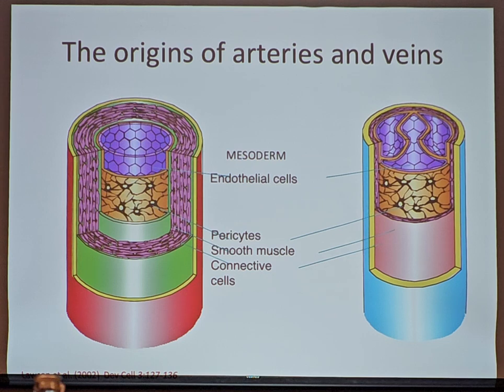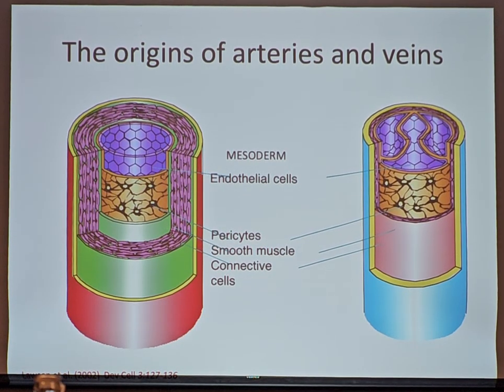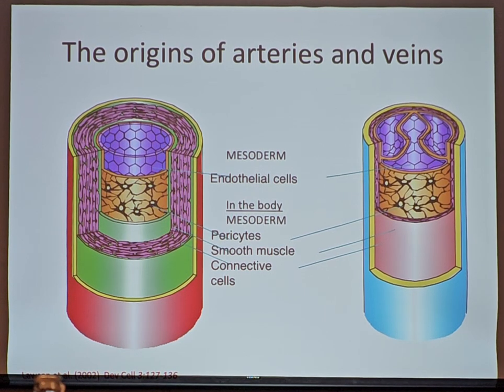An important point to make is where the blood vessel cells are coming from. As I said, the mesoderm makes the endothelial cells, and in the body the pericytes, smooth muscle, and connective cells are also all derived from mesoderm. But our brain is somewhat different. Our central nervous system has a different origin of its blood vessels, and this will be of importance when we're talking about how, let's say, different stents work in the periphery versus in the brain. Because if you think about the peripheral blood vessel, everything is derived from the mesoderm.